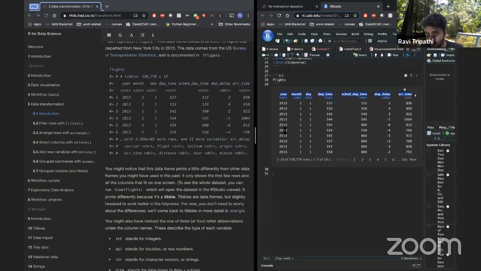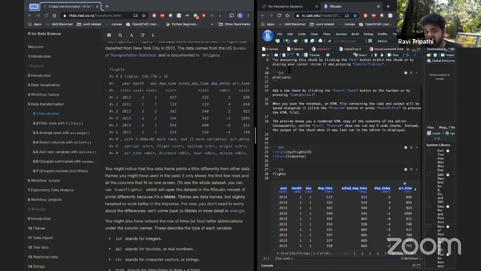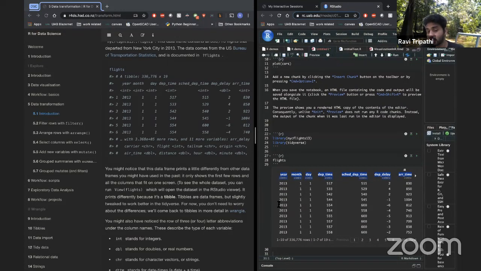So these are the different columns that we have. We have the year. This library captures all the flights that start from New York City in the year 2013, so year is going to be 2013 for each of these rows. Then month, where one means January, two means February, and so on. I don't know what day is, but it would be the day of the month this flight departs. And then you have departure time, scheduled departure time, departure delay, and so on. There are a lot of features